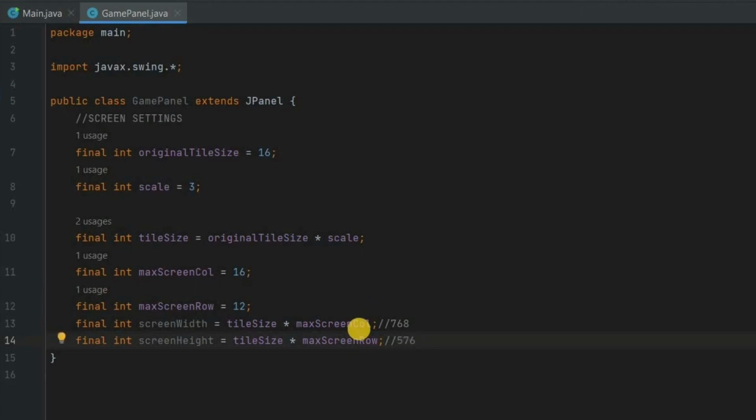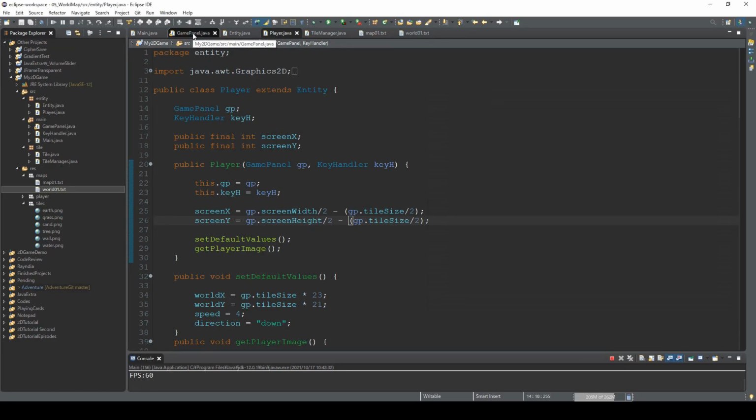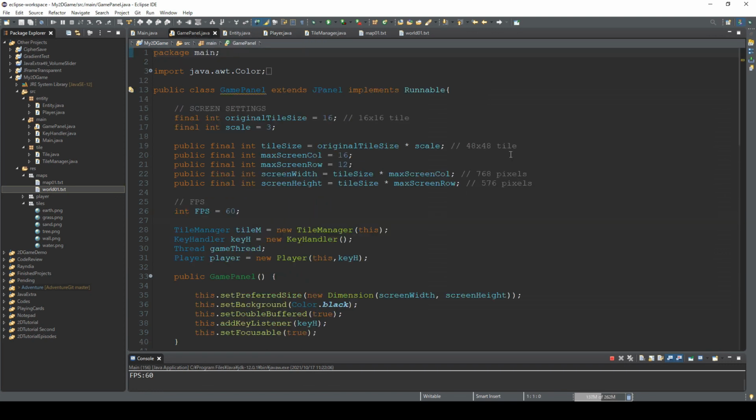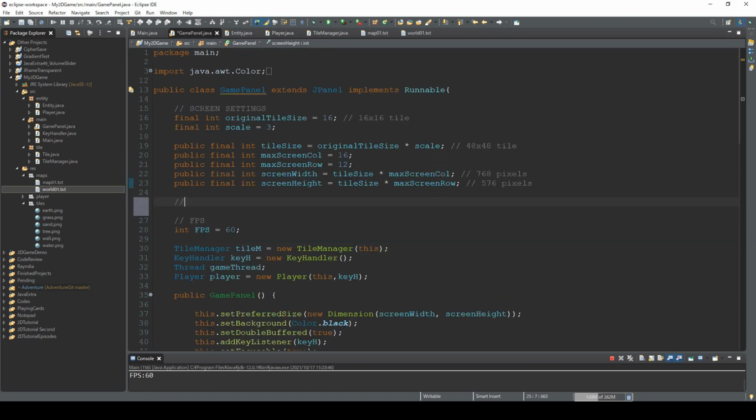Let's go to this game panel and we create some world map parameters. World